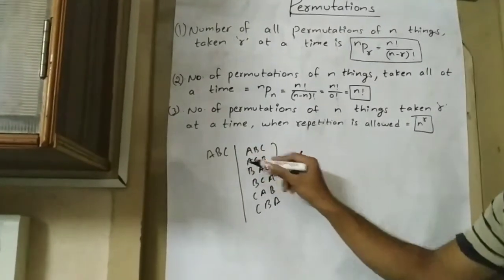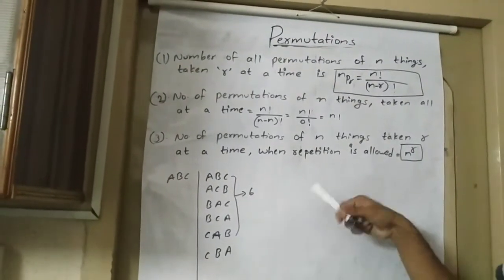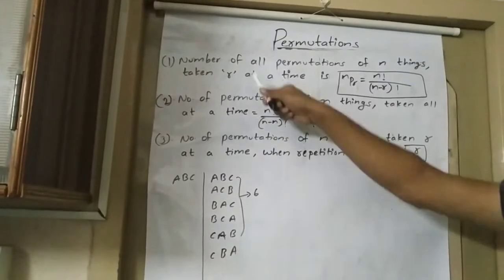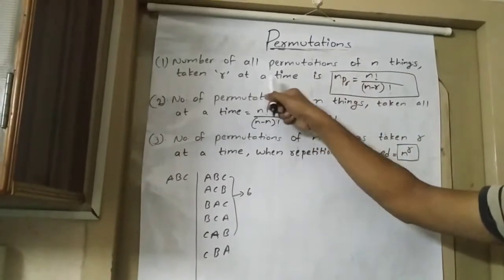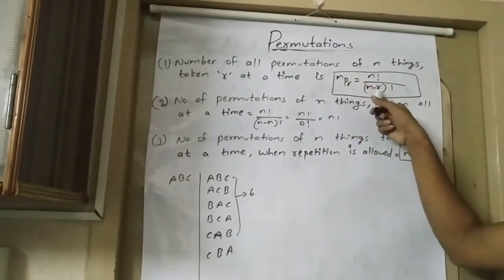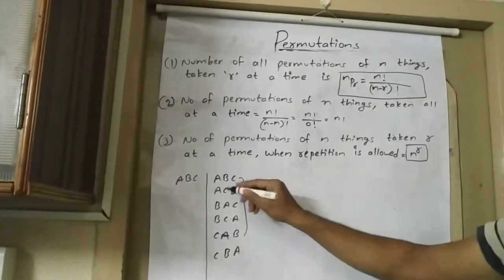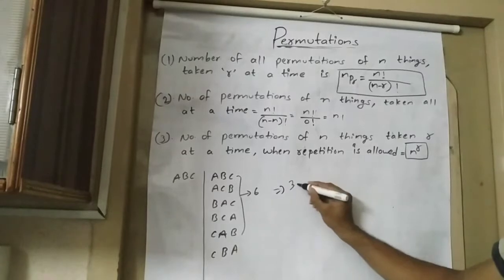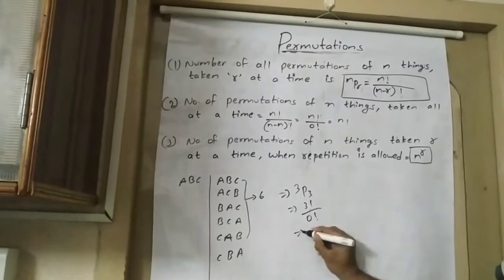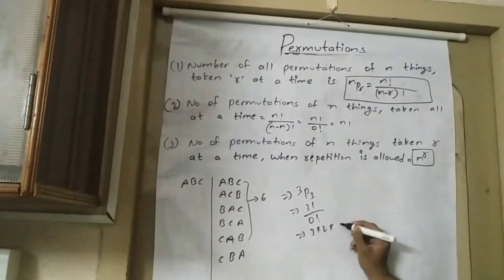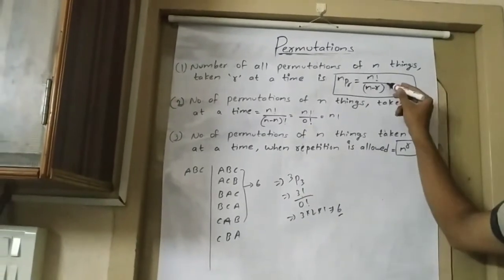As it is a 3-letter word, we can arrange it very easily. But for more number of words to arrange, it will be more complex. So we can directly use this formula: the number of permutations of n things taken r at a time is nPr, that is n factorial by n minus r factorial. Here the total number of things is 3 and we are taking 3 at a time. That will be 3P3, which is equal to 3 factorial by 3 minus 3, that is 0 factorial. So that is 3 into 2 into 1, which is equal to 6. So we can directly tell 6 ways by using this formula.